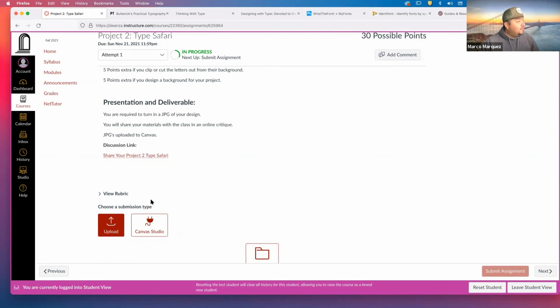Presentation: you're required to turn in a JPEG of your design. So whatever software you make this in, export it as a JPEG, save it as a JPEG, and submit that here. And then you're going to share it in a discussion. And there's the link to the discussion. And it's just like our other discussions. You basically just upload it there. There's a little prompt that basically says,